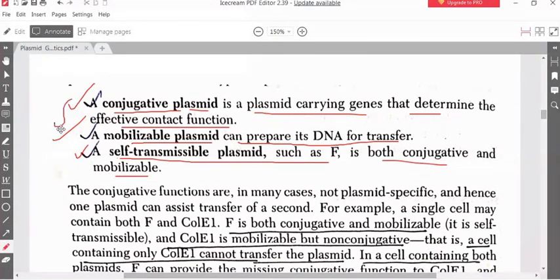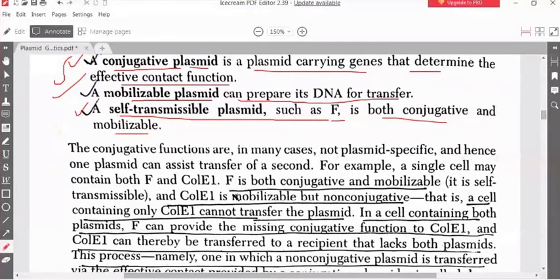So these are the three types of plasmid that can be present in a bacteria depending on whether the plasmid can be transferred from the donor bacteria to the recipient bacteria. From this particular point, you have to consider another thing. Consider two examples. One is the F plasmid, already discussed. F is both conjugative and mobilizable. That means F can make their own pili so that they can conjugate with the recipient cell. And F is also a mobilizable plasmid. That means F has the TRA origin from where the DNA can be transferred.